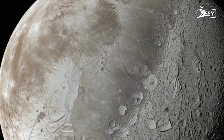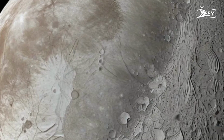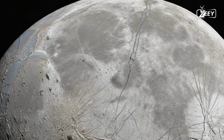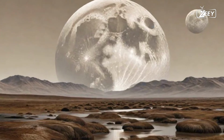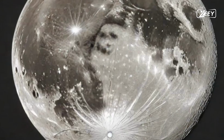In the vast and silent void of space, our solar system spins quietly around an ordinary star. We live on a small blue planet, vibrant, warm, teeming with life, a jewel in the dark. But out there, beyond the warmth of the sun, beyond the familiar comfort of the inner planets, lie colder, stranger